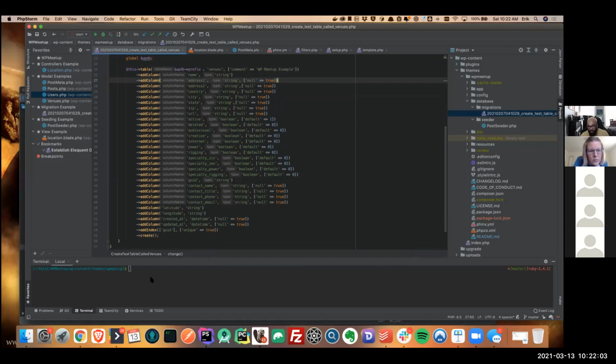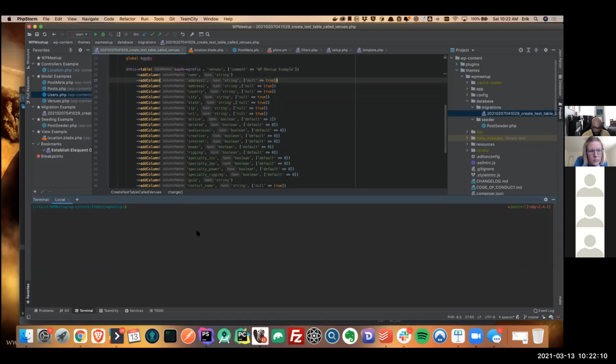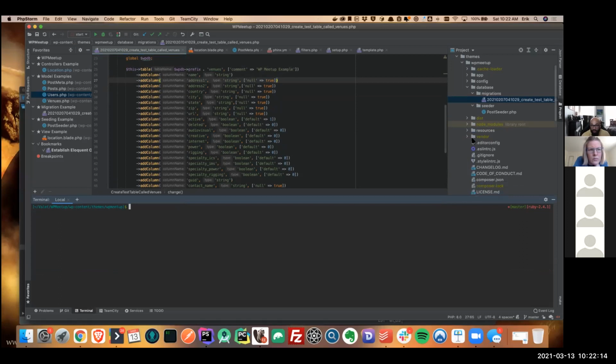Now, creating one of these files is fairly simple. This is where the CLI comes in. This dark window right here is my CLI. Whenever you use Composer, it creates this folder here called vendor, and that's where everything is stored. This is never submitted into a repo because it will be regenerated easily.